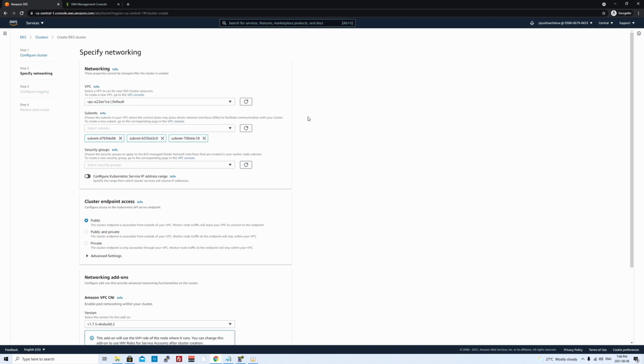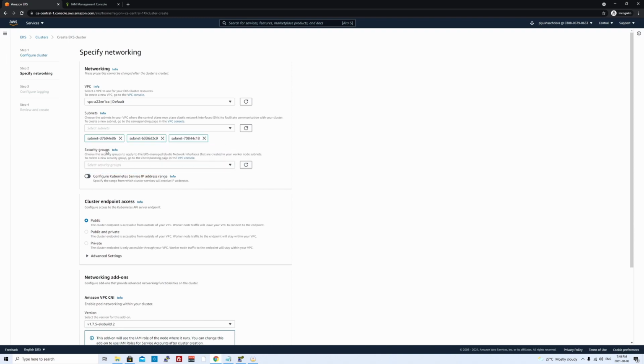Ideally, in a production grade or enterprise grade system, what you would do is you would create all your control plane components, including the EKS cluster master nodes, in one VPC and all your worker nodes in a separate VPC. But for the sake of this demonstration purpose, we'll be doing it all in one VPC. So it selected the default VPC and it selected all the available subnets. Because I'm in the Canada Central region, it has 3 available subnets and I'll select all 3 of them.